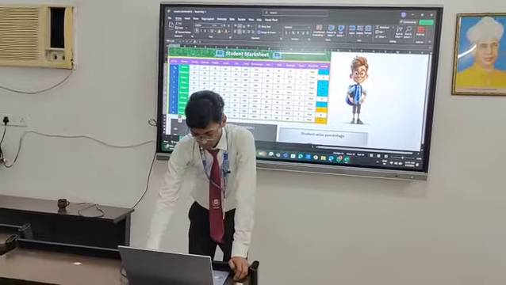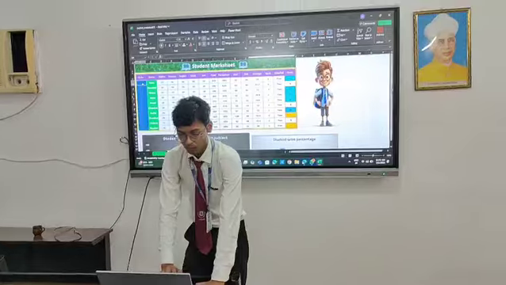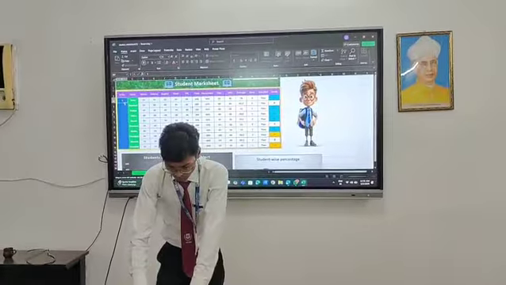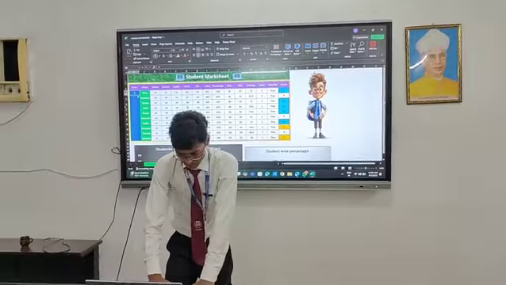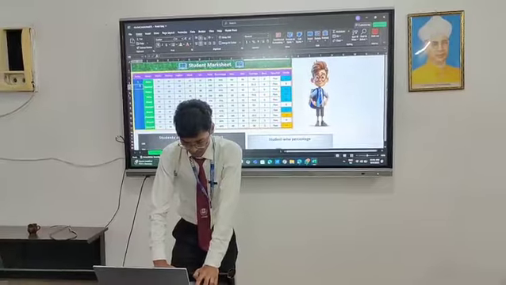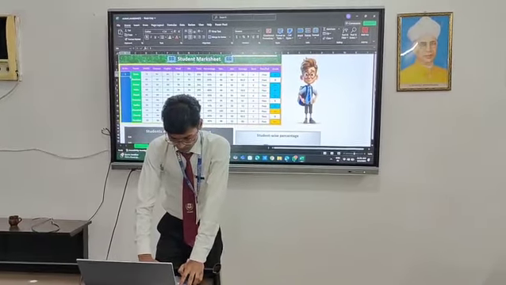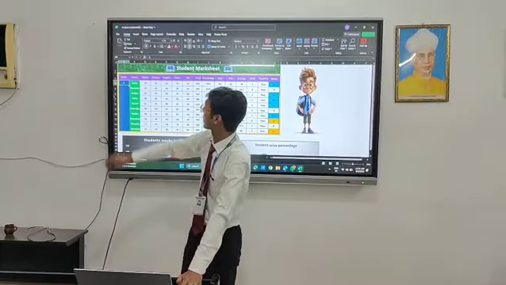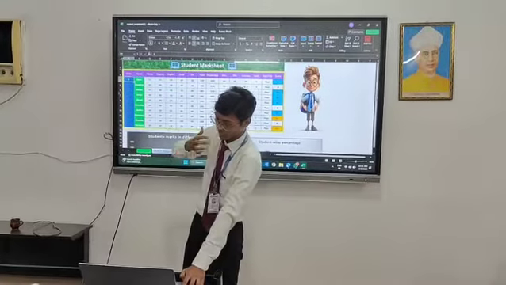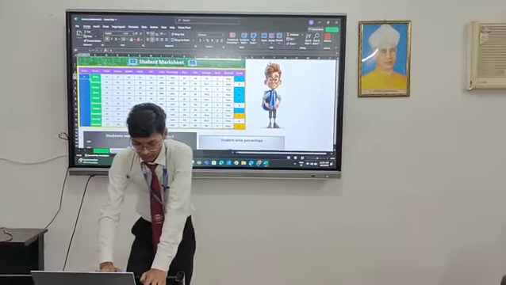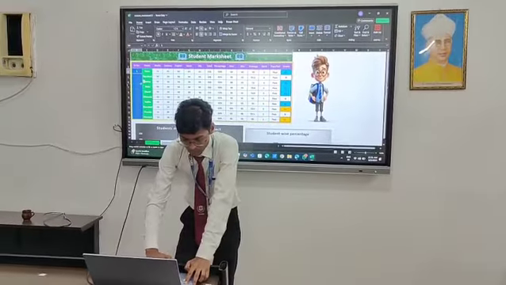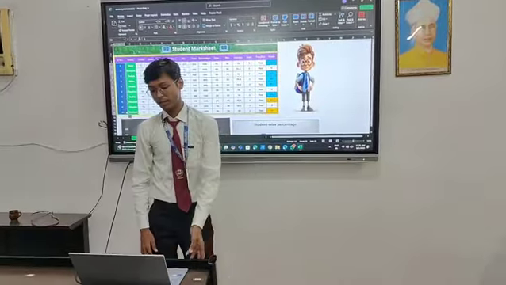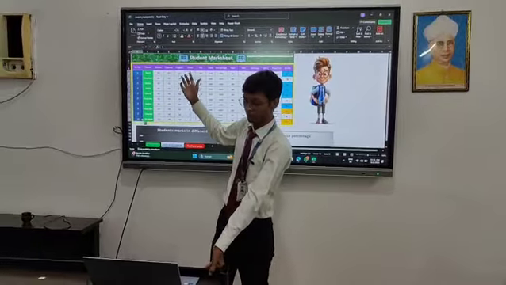Now I will delete it. I deleted. Let me write 1 here and then press Control. When we press Control and bring our cursor here, see, two plus signs appear, one bigger and behind this a smaller one. Then we drag our cursor to the number of records we want, and this way I took the serial number from 1 to 10.